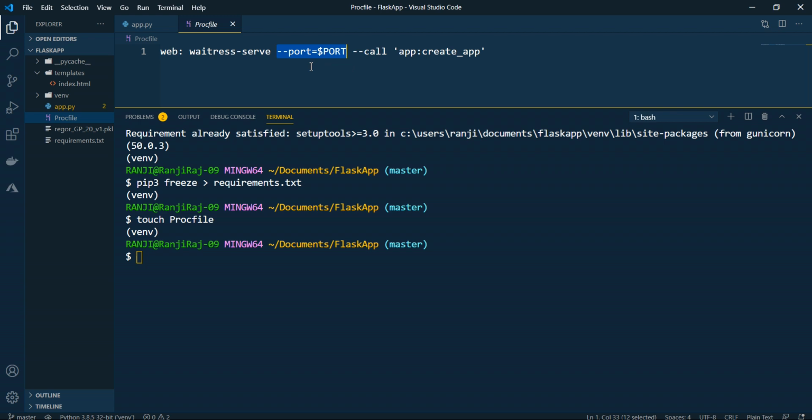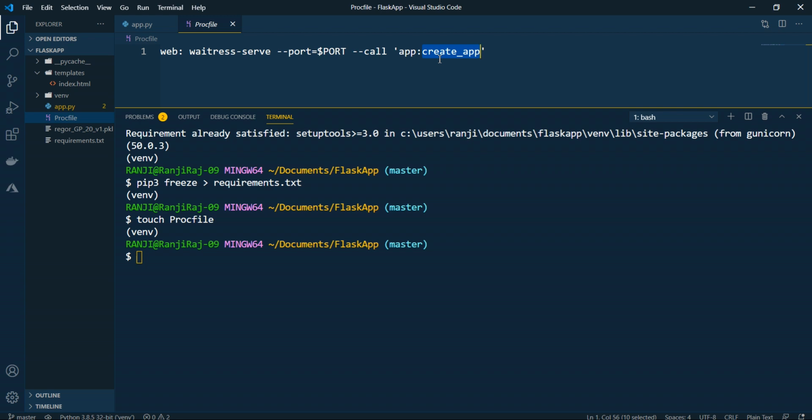Port is just a carrier where you have to listen, so that should not cause an issue. So for that we will dynamically replace the value, that is $PORT, and this is an important flag, that is --call, and inside this, in single quotes, you pass app and create app.